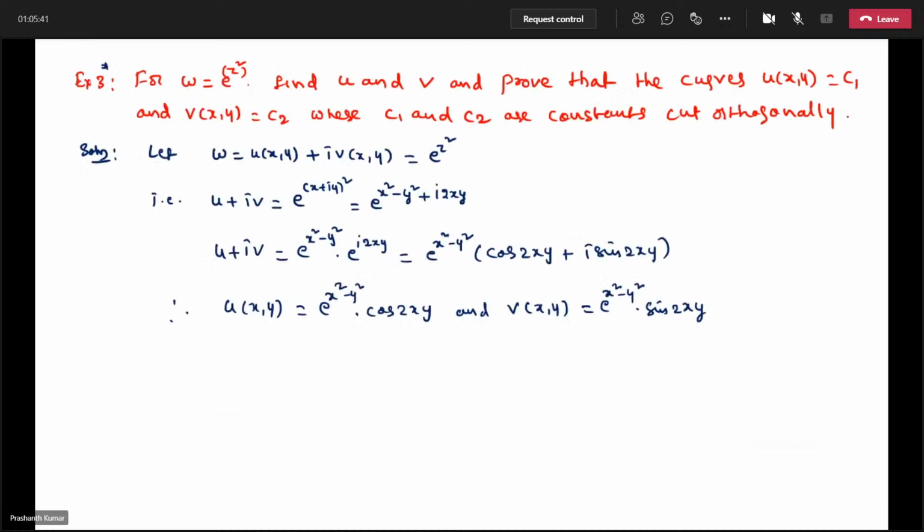That is what I am taking, but u and v I want to find. That is done, so up to this point one answer is complete. But I want to show that u and v cut each other orthogonally. For this, we know, without doing anything else, I am writing here,